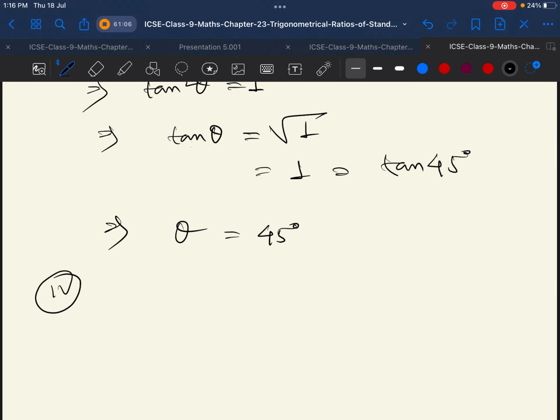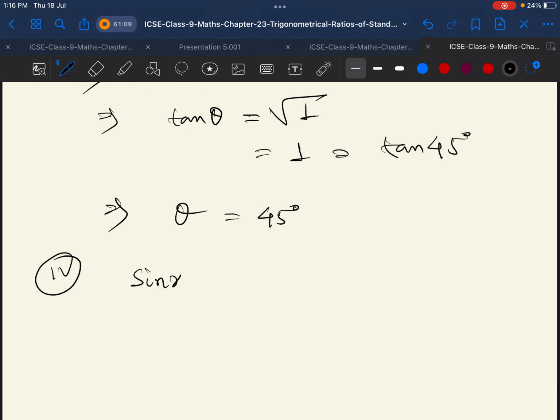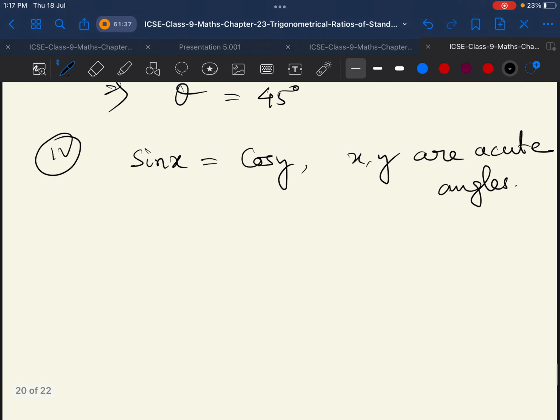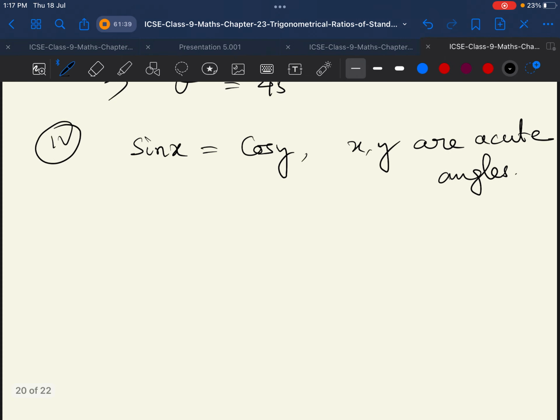Now question number 4. Sin x equals to cos of y. Write the relation between x and y if both the angles x and y are acute angles. Okay, so we have to find the relation between x and y. So first you see,